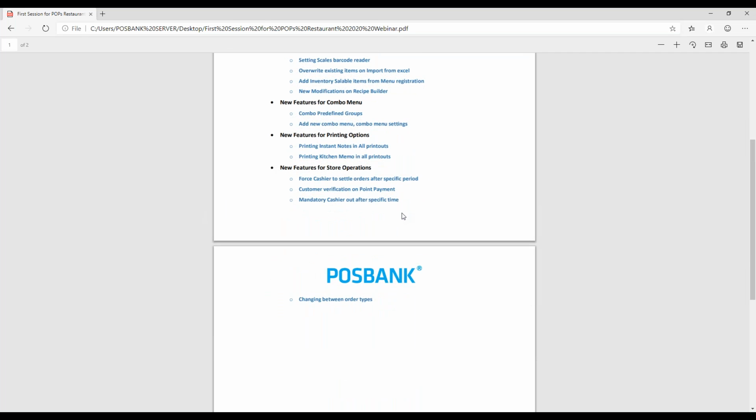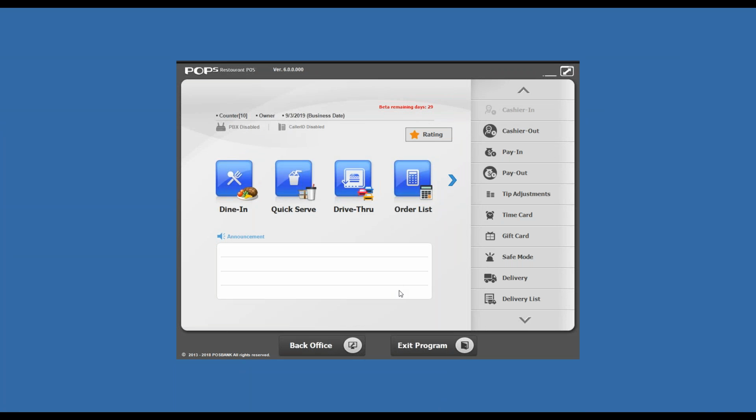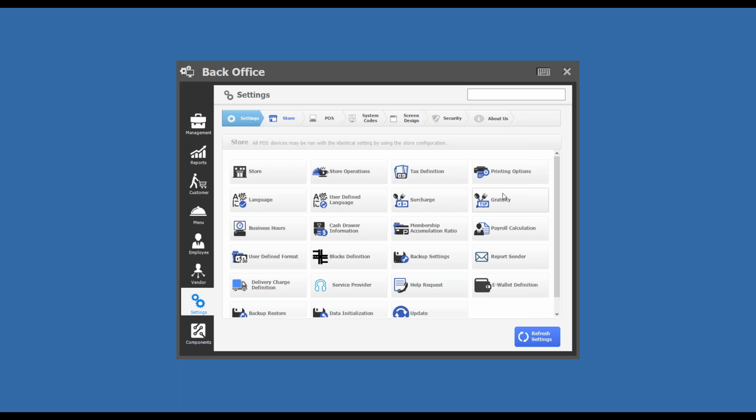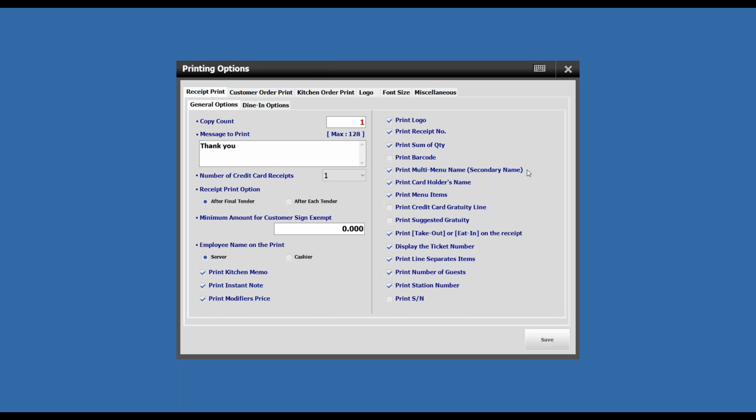Printing instant notes and all printouts, printing kitchen memo and all printouts, and printing options. Now let's navigate to printing options in back office, then settings. Here in the store we can find printing options. For receipt print, customer order print, kitchen order print, we can now select to print kitchen memo and instant notes